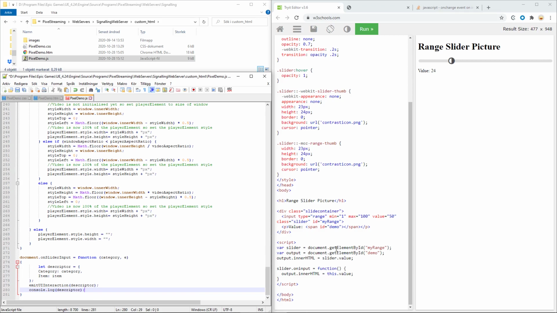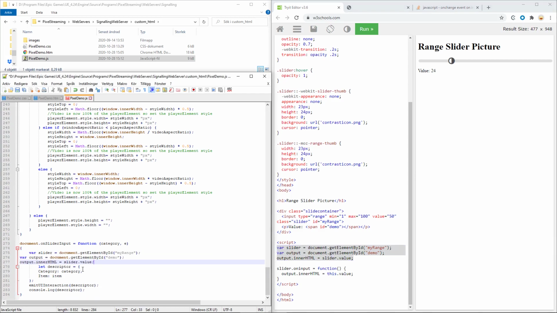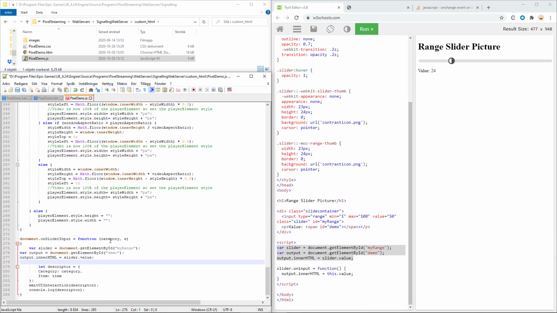And what we would like to have from this example here is the getElementById myRange, because we know our slider is called myRange in the document or in the website, and it later shows the value below as demo. So we can actually just copy this part and add that to the beginning of our event.